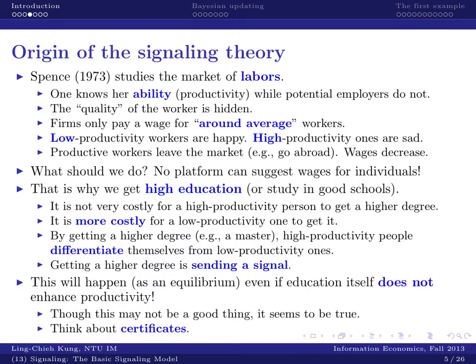At first, you probably feel there's nothing so surprising. Good students, at least smart students, go to school and then get a degree, and that's not very surprising. But what's interesting here is that according to Spence's explanation, that thing is going to happen even if education is not going to benefit anyone,